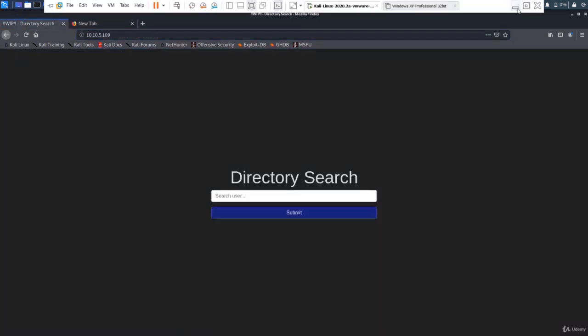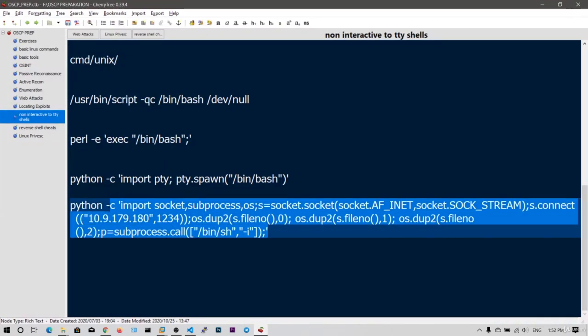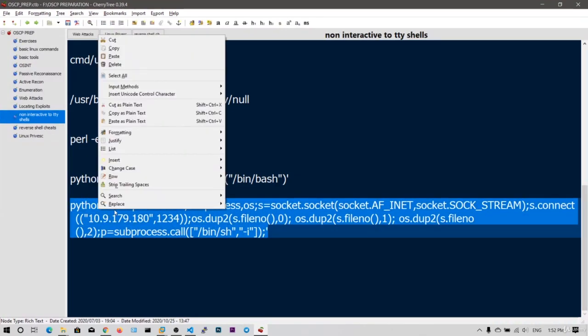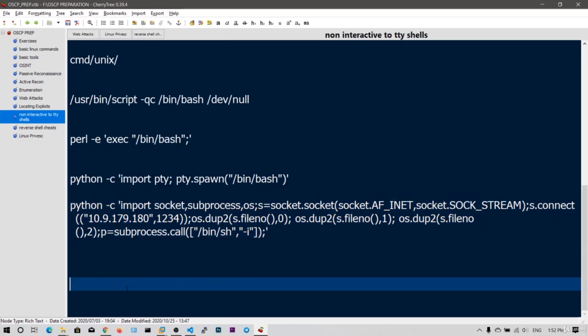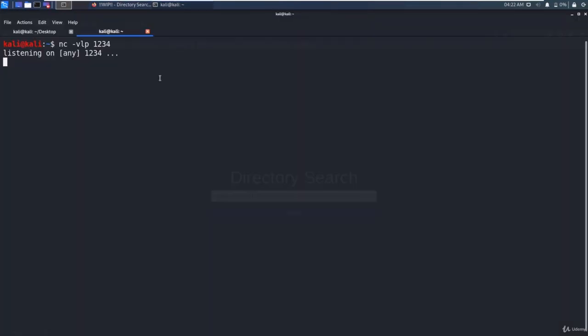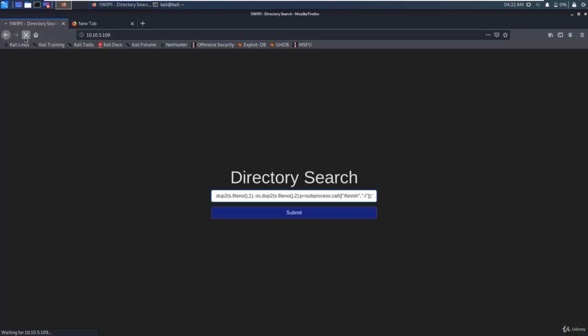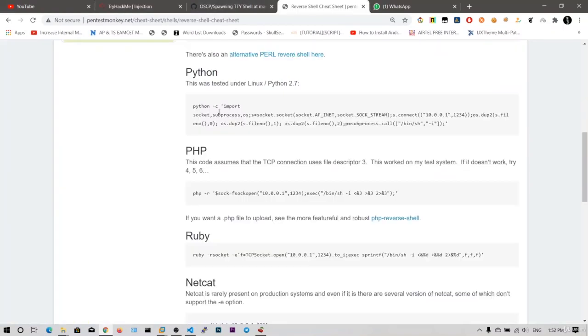Okay, now let's execute this reverse shell again. Okay, let's execute another one.